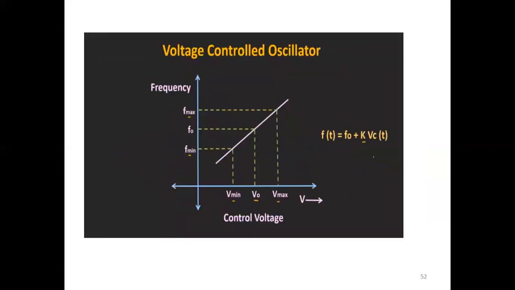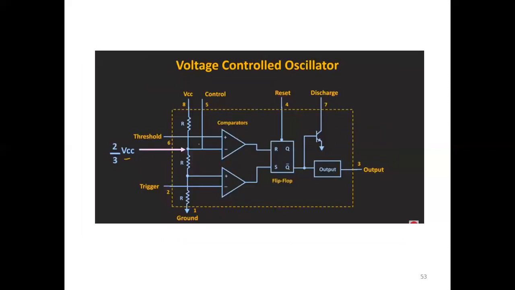It will define different frequencies for the variations, by changing the control voltage. Here we have pin number 5, control. This control always varies with respect to the threshold, so whenever the control voltage varies, it will produce a different output frequency. Here we also have the discharge. The discharge signal goes to 0, and when the capacitor charges to the maximum, it is defined by the discharge circuit. This is the voltage controlled oscillator circuit.